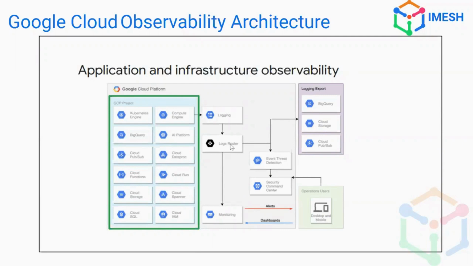These log routers determine where the data goes. There are filters that can be written to exclude some types of entries or to include some types of entries, and to route logs to external locations such as Pub/Sub, where publisher and subscriber, or to a storage bucket, or to BigQuery for later analysis purposes, etc. These can be handled automatically, and stored for analysis and